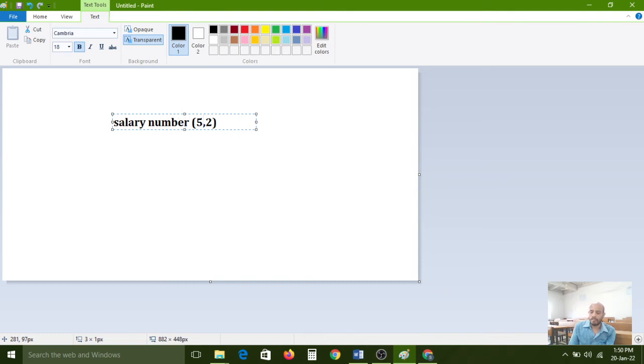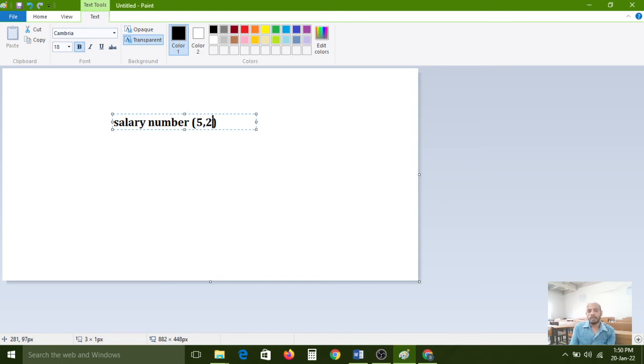Here 5 is the range: I want to store a 5 digit number in this salary attribute. Then what is 2 here?